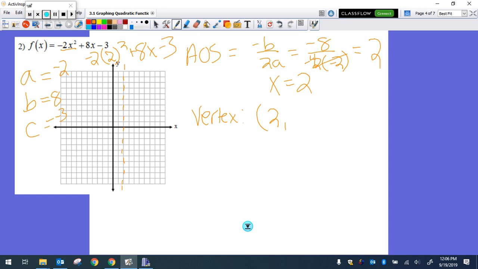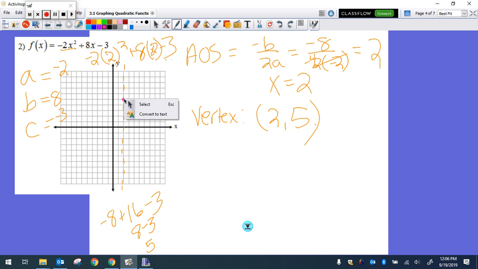Oh, instead of an x, that should be, I'm plugging in a 2. Positive 2. So this is 2 squared is 4, times -2 is -8. 8 times 2 is 16. -8 plus 16 is 8. 8 minus 3 is 5. Which randomly is exactly what we got last time. It's not always going to be like that. So over 2, up 5,